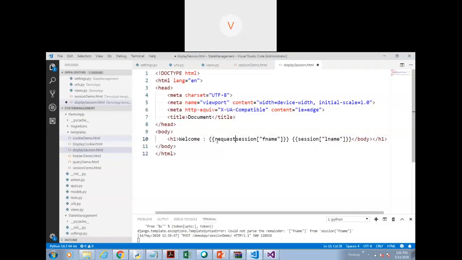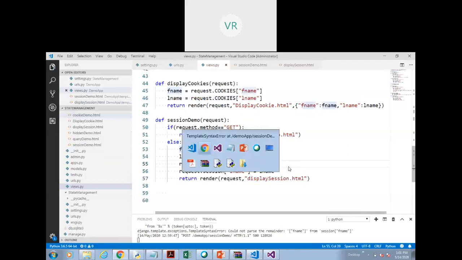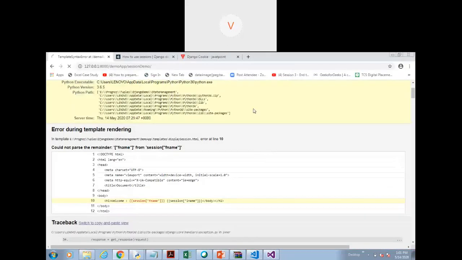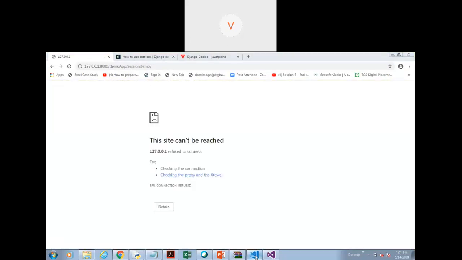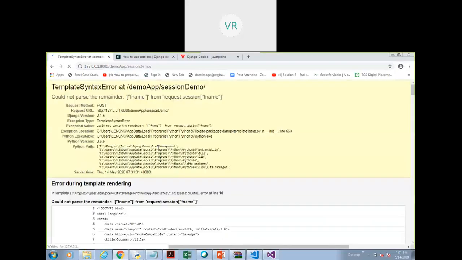It has to be request dot session only. Okay, I'll just cross check with this part, because as far as I remember, this is the syntax, but somewhere I think I'm missing out on some part.